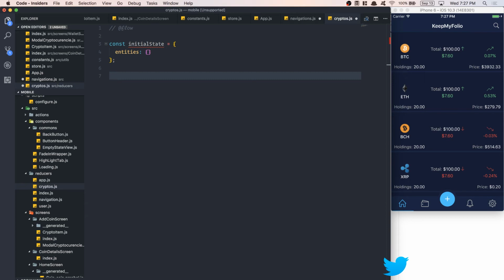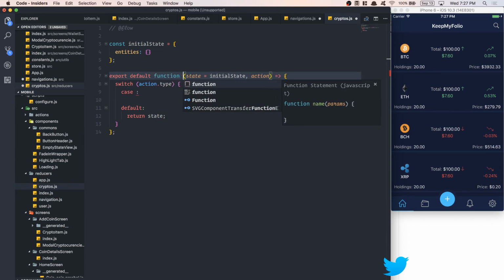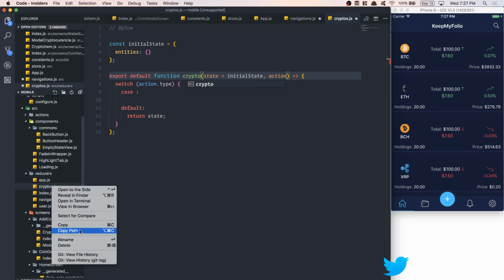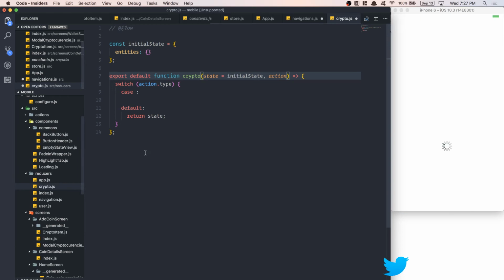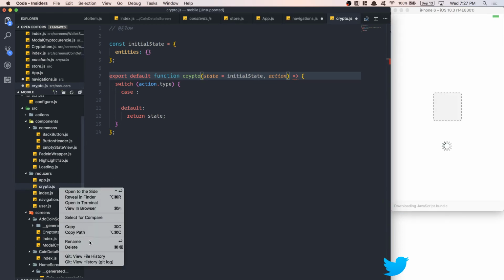And so function crypto. Oh yeah, I'm gonna have multiple, so